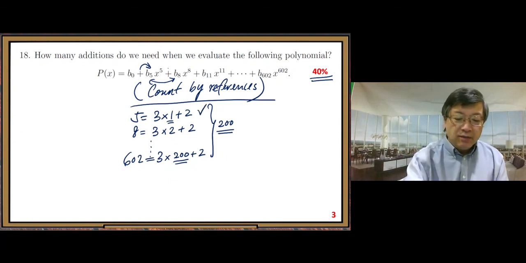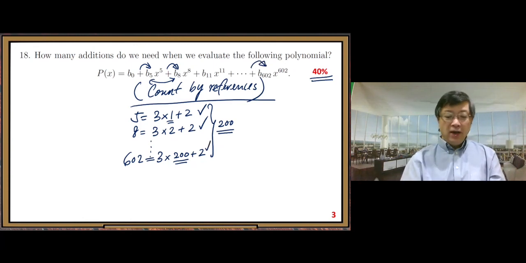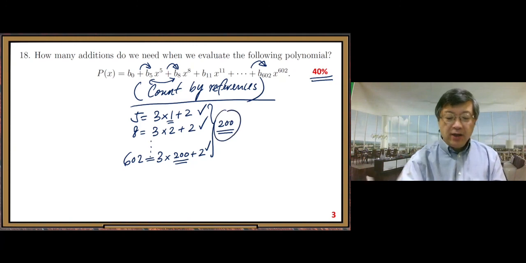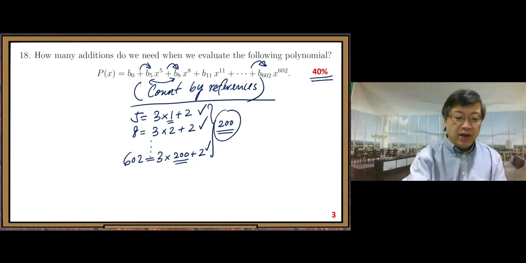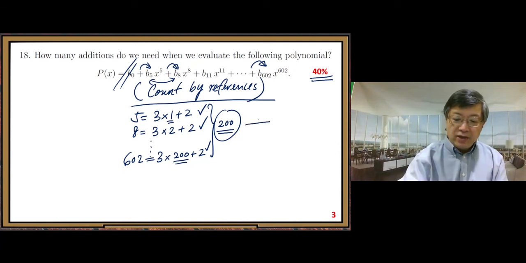The second plus is associated with the second number here, and so on. The last plus sign is associated with the last number in our list. We have this many subscripts we are looking at, because we do not look at the first one. No plus sign is associated with the first B coefficient, so that tells us total plus signs: